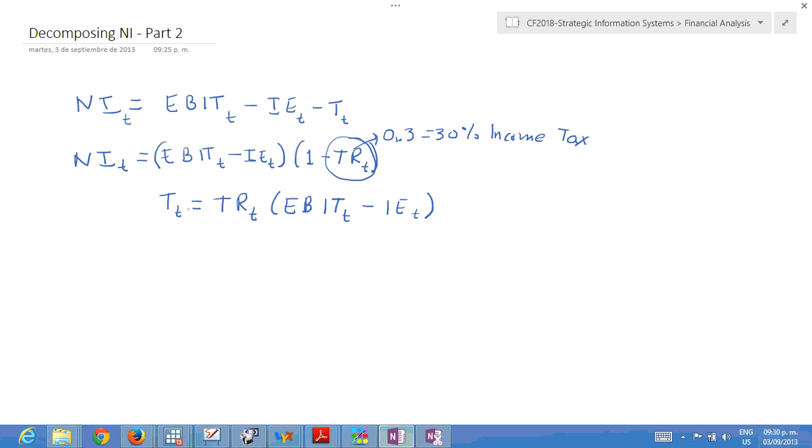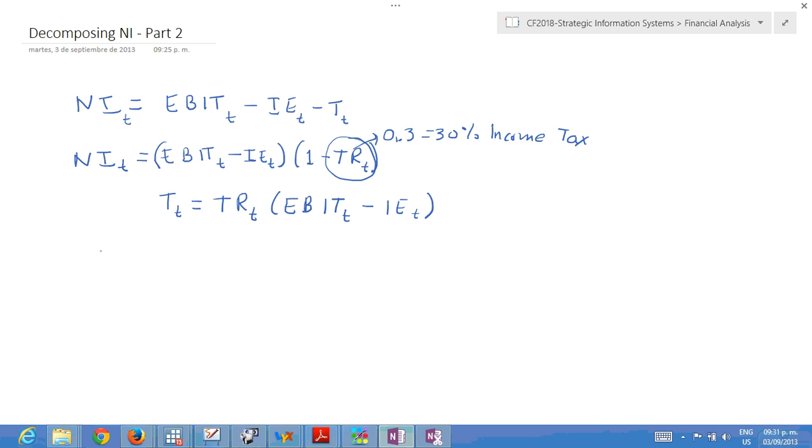This is going to be the amount of taxes paid. This is the base of the taxes, multiplied by the tax rate. Then the net income plus the taxes is basically EBIT. Let's do very simple math to understand a very important concept in finance. If we put this together, we're gonna see that